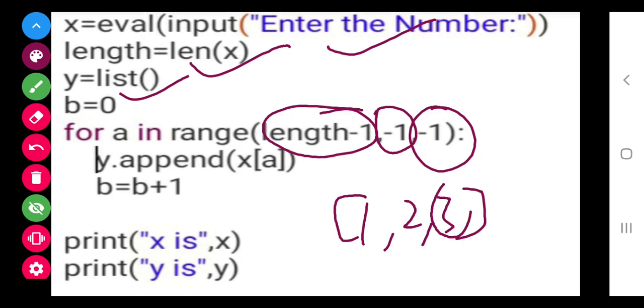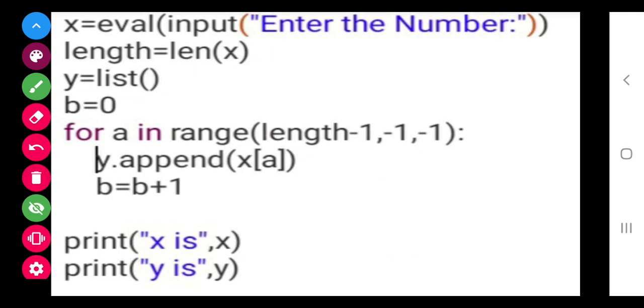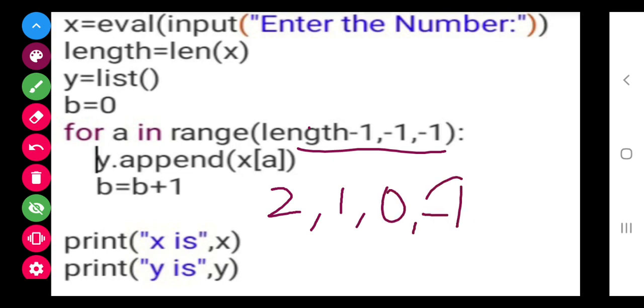It will go from 2, that is length minus 1, so from index 2, then index 1, then index 0. It goes till less than -1, so minus 1 will not come, it will go till 0 only.